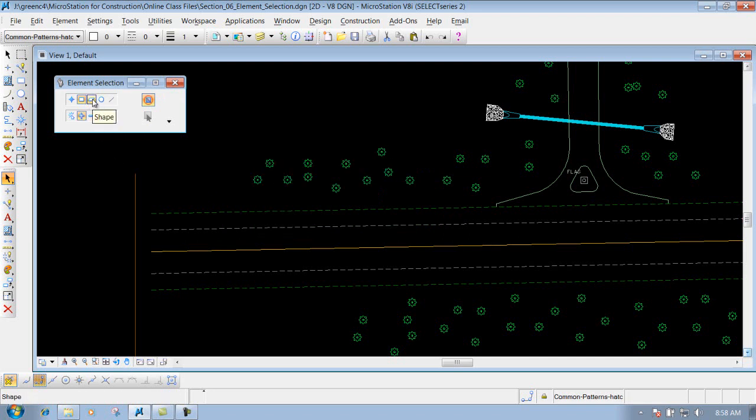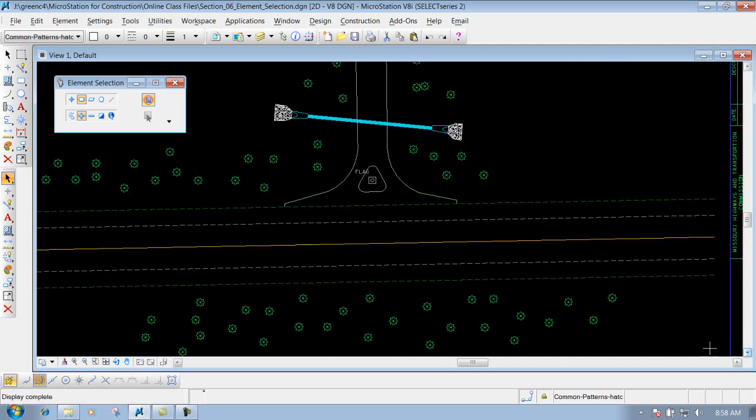The next one is the shape. So if I change my mode to shape, this is where I can come in here and create a shape around the items that I want to select. So let's say I want to select this pipe, the two flared end sections, and the rock on the end of the flared end sections. I can do that. I have my mode set to plus, and what you can just do is go through here,